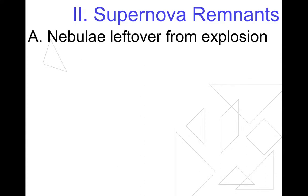So we've reached our final type of nebula. Let's recap very quickly. We have nebulae in which stars are born, emission nebulae such as Orion, the Eagle Nebula, the famous Pillars of Creation. We have some nebulae that kind of sit there in space and do nothing: the dark cloud nebulae like the Horsehead, and the reflection nebulae like the Witchhead, and they just kind of form